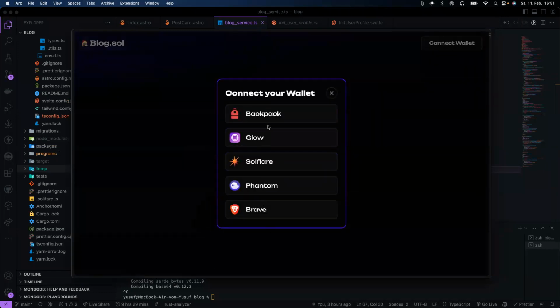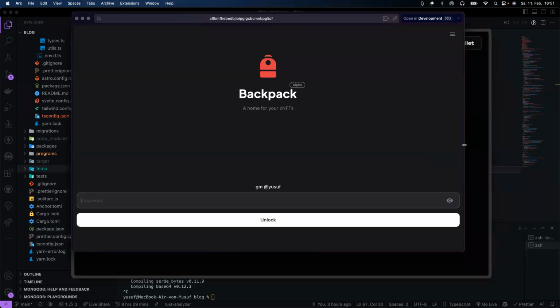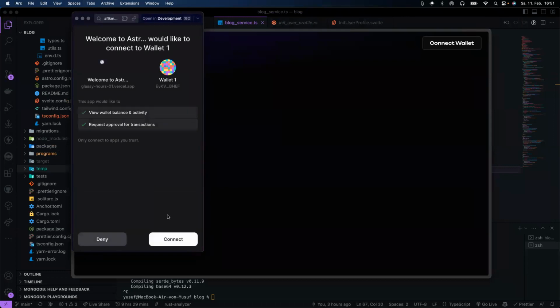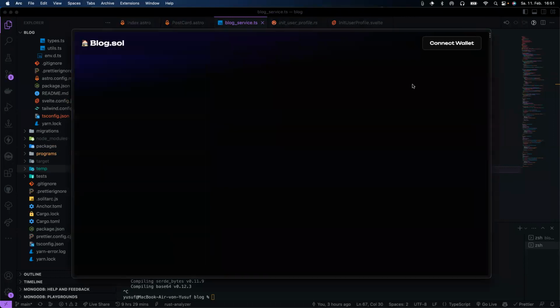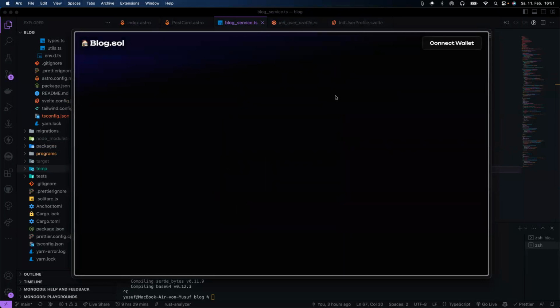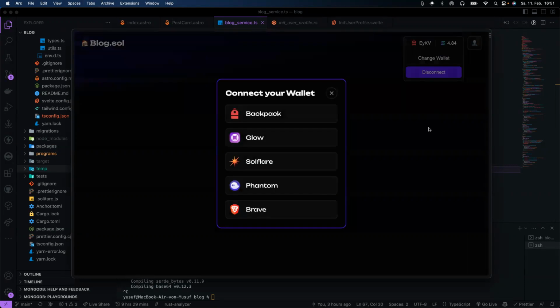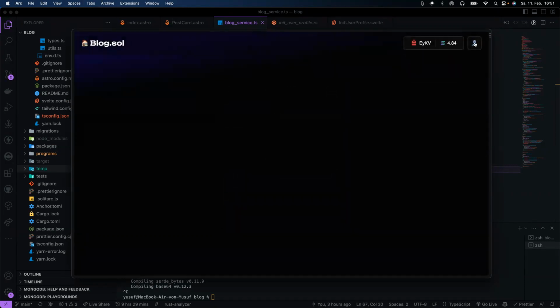We can connect our wallet, Backpack, of course. Maybe shrink that a little bit down. Also, it is currently only on DevNet, so make sure you have DevNet funds. Okay, well, now it works. So here you have this fancy wallet button, which I spent way too much time on. There's your wallet icon, your first few letters, and your balance. You can also change your wallet, and here you can go to your profile, and well,